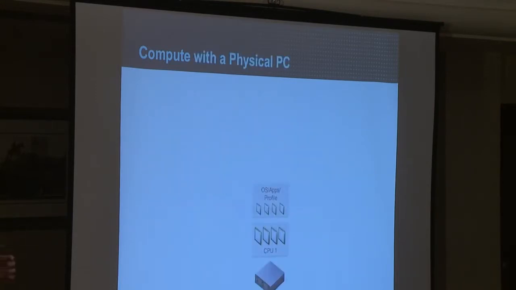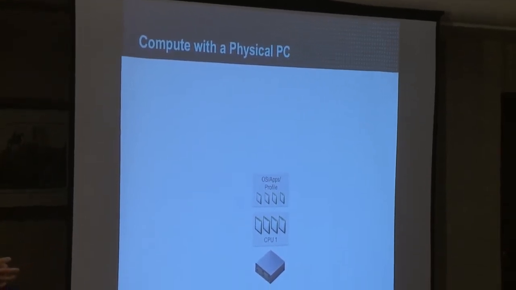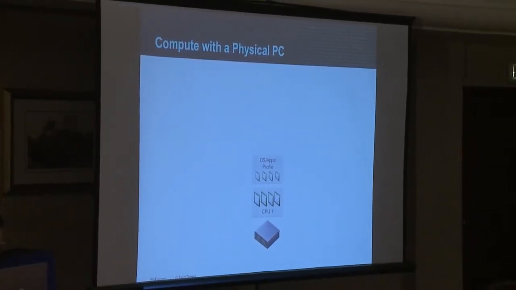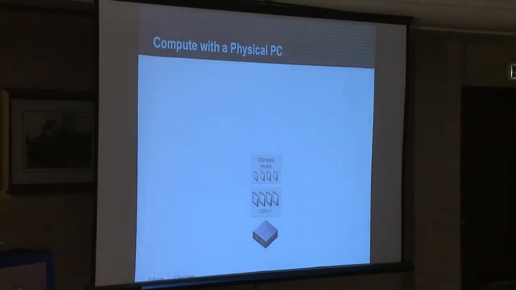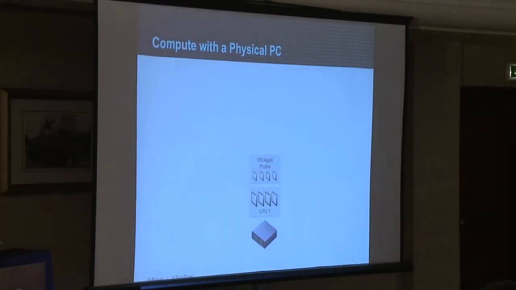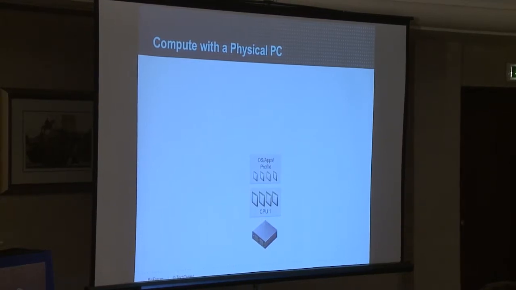So where I think this becomes pretty self-evident is, this is your physical PC, right? This is maybe a Core i5. If you had hyper-threading enabled, you'd have twice as many logical processors. It sits on your desk, maybe it's a laptop. But this is what users are using today. And the operating system is able to basically almost directly schedule work on those processors using its priorities, right? It's not being preempted by anything else other than what Windows thinks is important. And this is sitting under a desk, or traveling around with you.